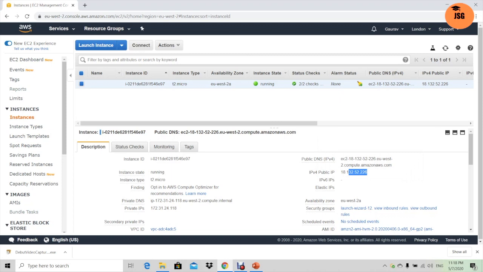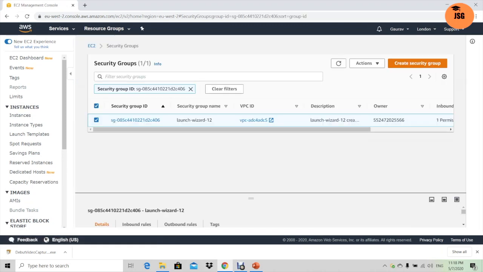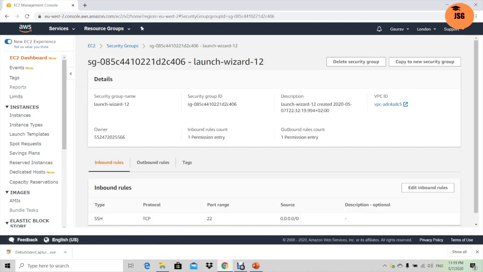So we need to go to description and go to security groups, click on the security group and click on security group ID, and here you will see the inbound rules and outbound rules which are attached to this security group, and this security group is in turn attached to the EC2 instance. So here you can see the inbound rule allows SSH traffic from anywhere, from any source on the internet, on port 22. Which means that our machine is also allowed to connect to this instance using SSH.